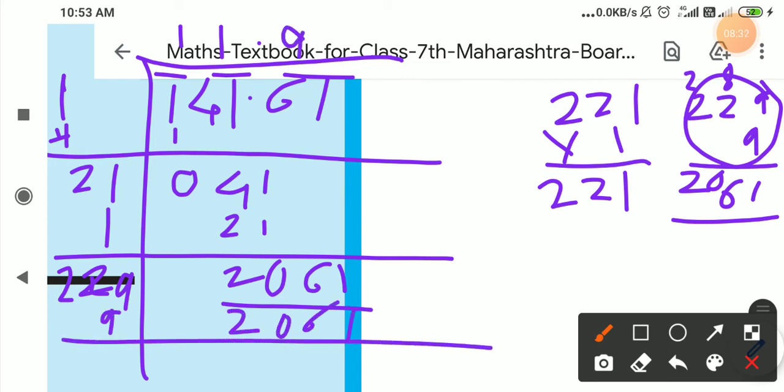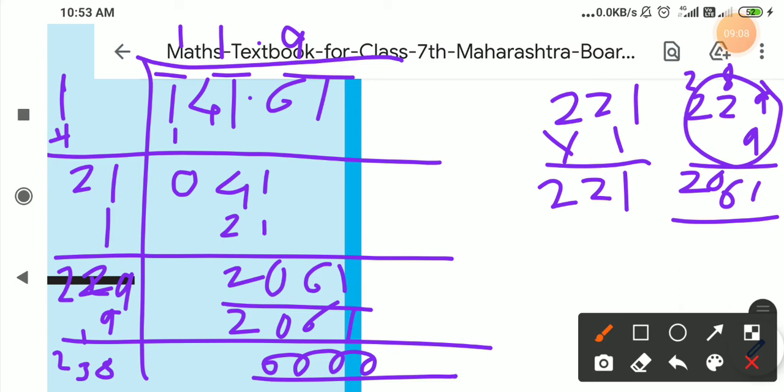Here 9, do the addition, 9 9s are 81, 1 carry 3, 238, and here is 0 0 0. Remainder is 0, then answer is 11.9. Okay, so in this example, if a decimal point is there, when the digits before the decimal point finish, then you have to give the decimal point. So 141.61 is the square of 11.9. If the decimal point is not here, then 14,161 is the square of 119.